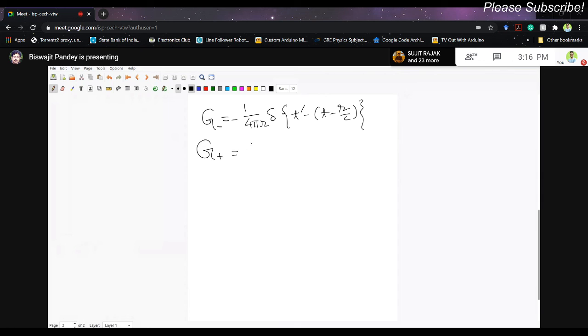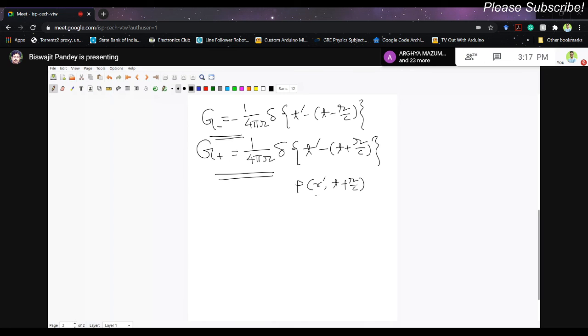ভাবে একই রকম ভাবে বেরোবে, এটা মাইনাস জায়গায় প্লাস হবে, একই রকম ভাবে অন্য কন্ডিশনটা ইউজ করলে ডেল্টা অফ (t' − t + r/c)। তাহলে আমি যদি এই গ্রিনস ফাংশনটা ইউজ করি আমার সলিউশনটা বার করার জন্য, তাহলে যেটা পাবো আমরা একই রকম অ্যানালগাস এক্সপ্রেশন পাবো, অনলি ডিফারেন্স হবে ওখানে যখন সোর্সটা কন্ট্রিবিউট করছে, আমরা ρ(r', t − r/c) লিখেছি, সেটা t + r/c হয়ে যাবে। তার মানে যেটা হচ্ছে যে টাইমে তুমি ক্যালকুলেট করছো, আচ্ছা আমি আরেকবার